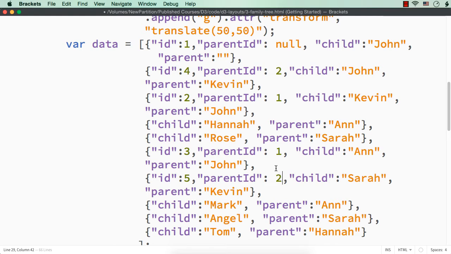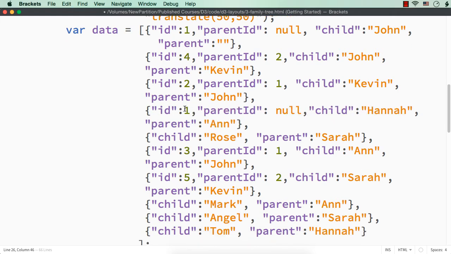Okay. Then which all elements are there? For 3, that is, for child elements of Anne, I want to set the ID to be 3, right? So let me check. This is one child element, that is Hannah. So for that, let me paste it, and let me make the ID to be 6 because 5 is there. And parent ID to be, Anne's ID is 3. So that is the value of parent ID.